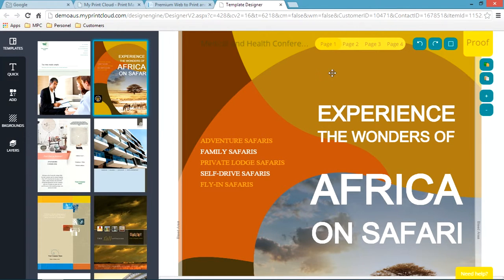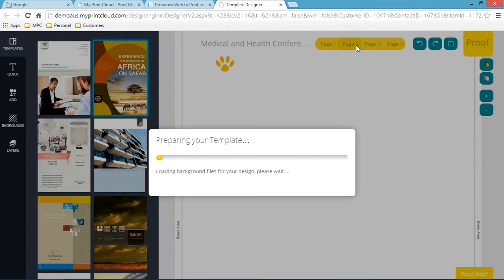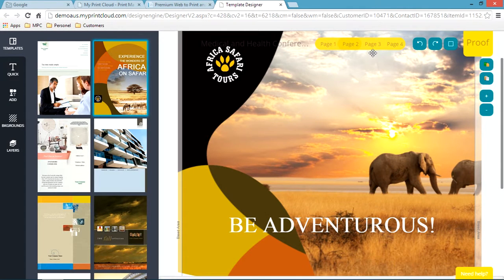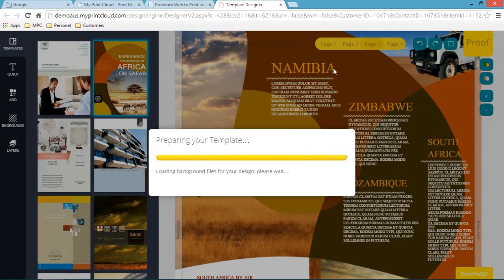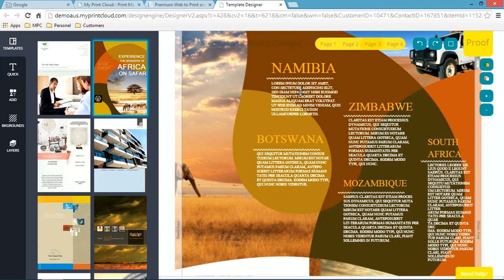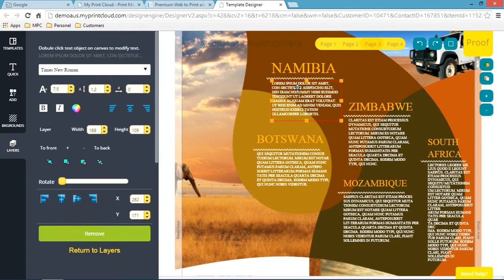So if I highlight right now, I have a bunch of pages. I can go ahead and edit any one of these pages. One of the things when we're loading it up, it took a little while to load because you've got to realize this is like 3 or 4 pages worth of information. So as I click on them, you can see they come up. If I want to edit any of these, I can highlight information. I can now come in, I can change my font to this. I can say what I want to do is change the font style. I can change the